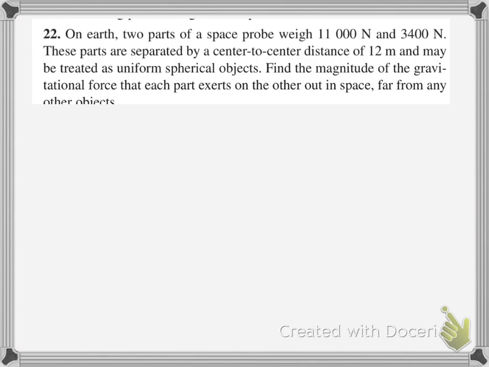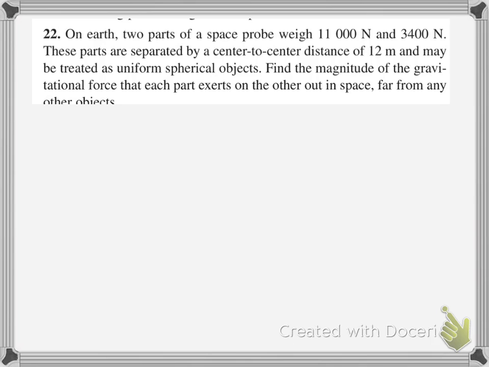On Earth, 2 parts of a space probe weigh 11,000 newtons and 3,400 newtons. These parts are separated by a center-to-center distance of 12 meters and may be treated as uniform spherical objects. Find the magnitude of the gravitational force that each part exerts on the other, in space, far from any other objects. Now, it's important to see how the radius is considered center to center, so we do not need to